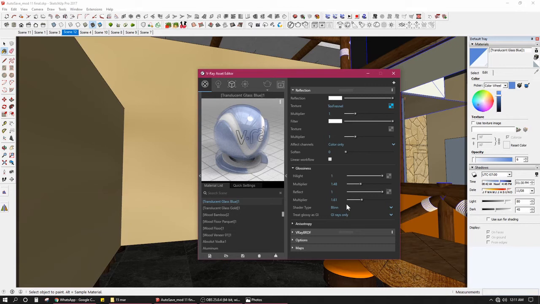For example, if the value of my reflect is 1, which is the highest in this case, my multiplier needs to be anywhere between 1.3 to 1.6 for that texture or that glossiness effect to be visible on it. That is just how V-Ray works actually.